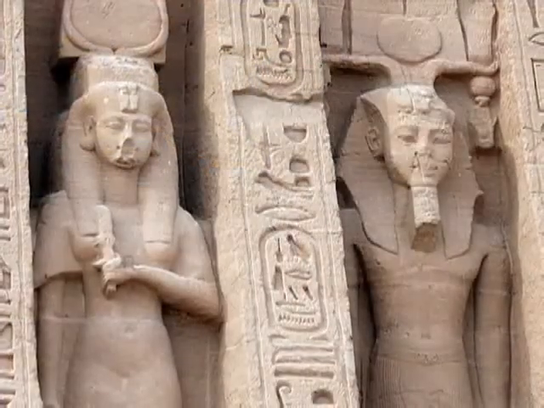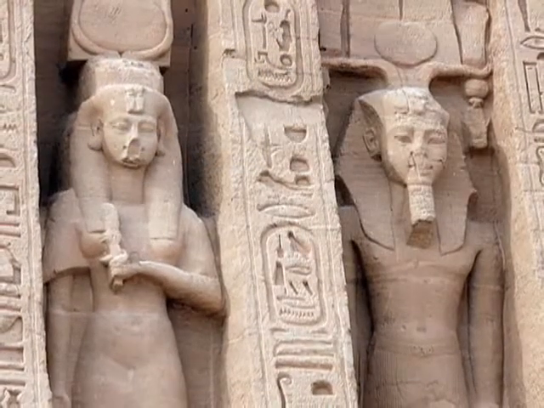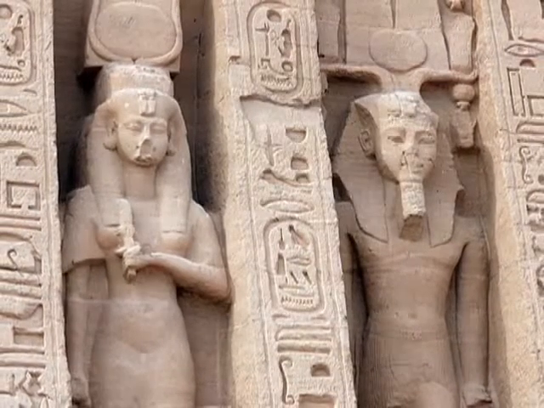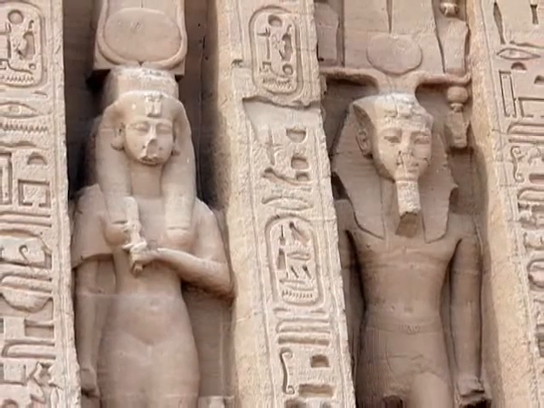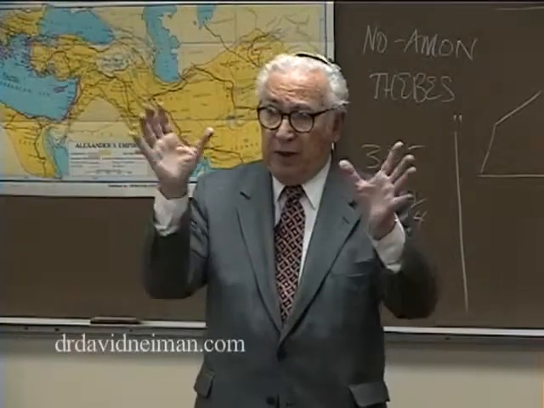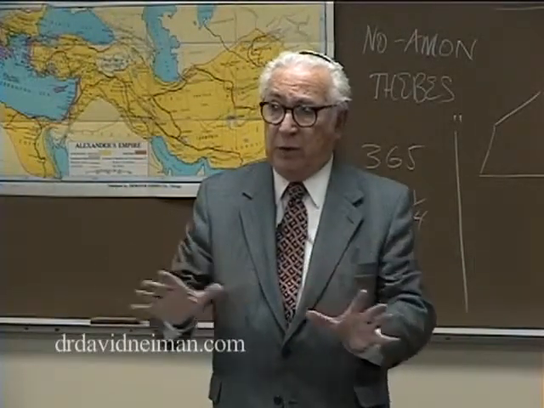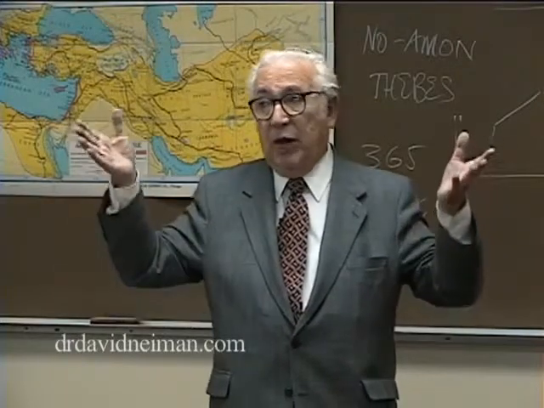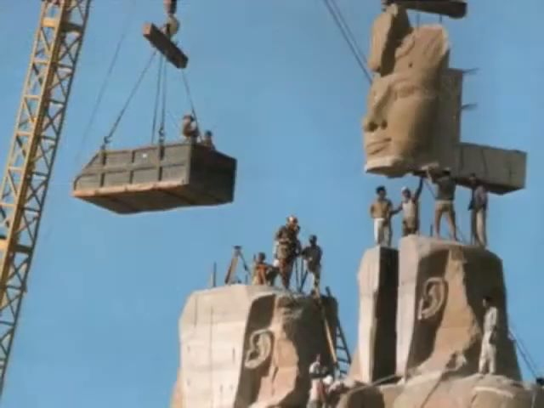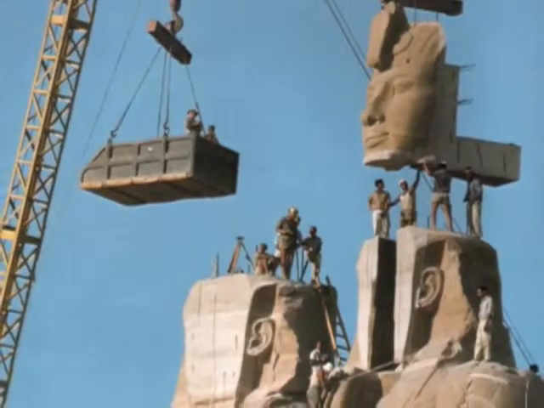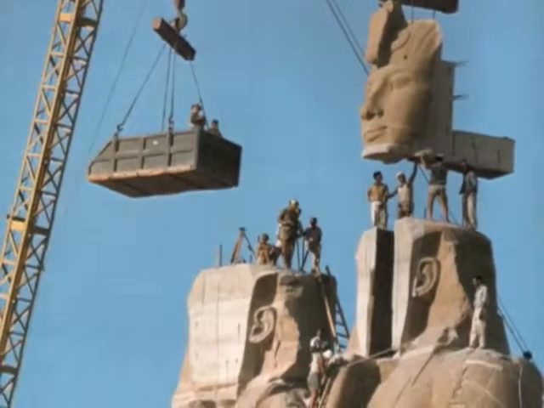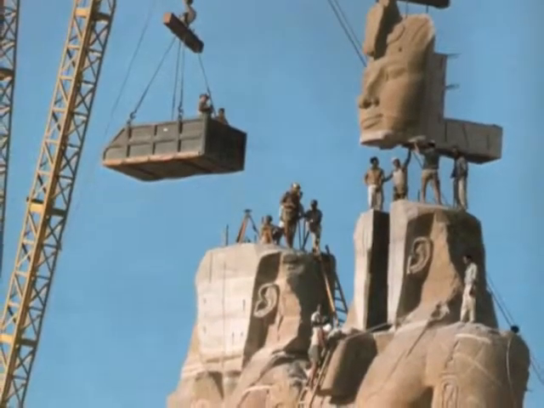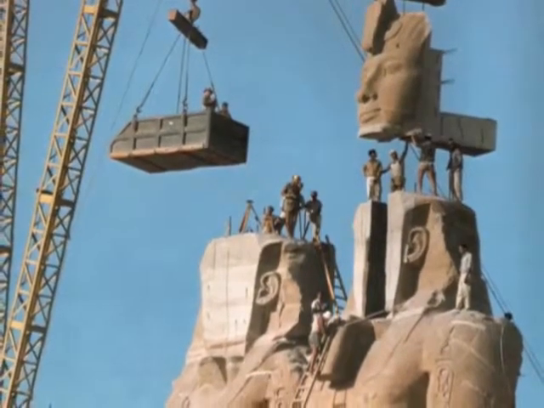You know probably of the colossal statues of Ramses II and his wife, which were at Abu Simbel. They were gigantic, colossal, tremendous statues, carved out of the mountain. And of course, when they were building the Aswan Dam, they decided, what are we going to do with these? Because the dam will drown them. So finally, some Swedish engineer came up with an idea, and that was to cut them into pieces, into blocks, and to remove them and bring them up to the top of the cliff and reconstruct them, and that's what they did to preserve them.